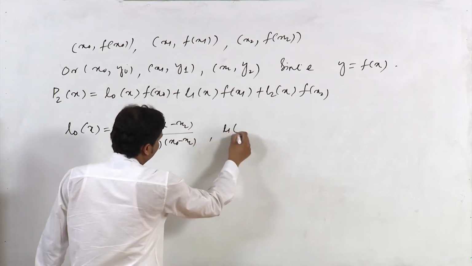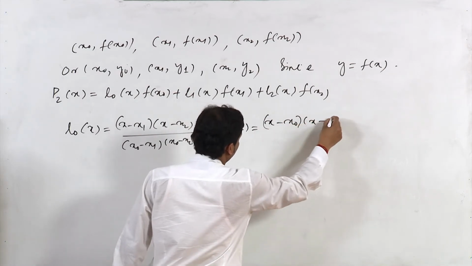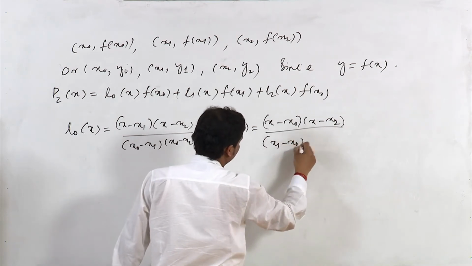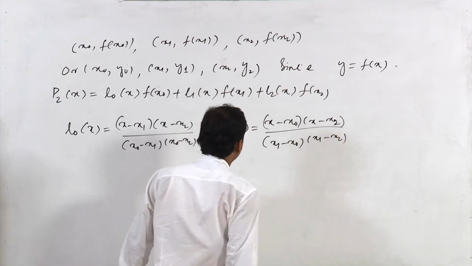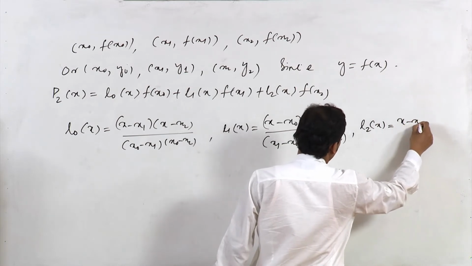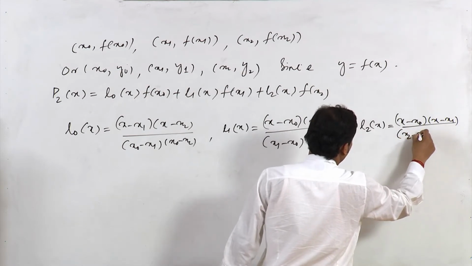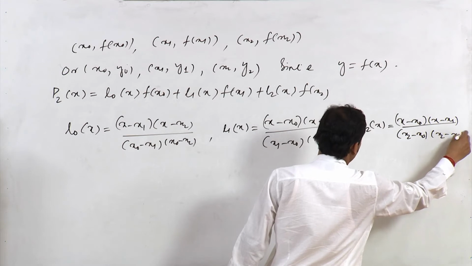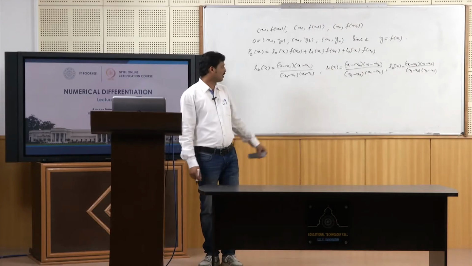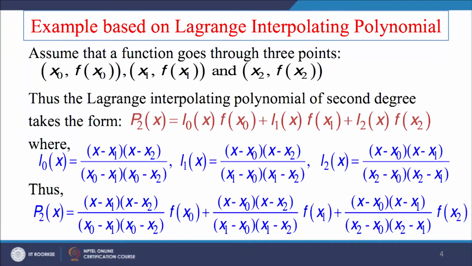Similarly, L1(x) can be written in the form of (x minus x0)(x minus x2) divided by (x1 minus x0)(x1 minus x2). Similarly, L2(x) can also be written in the form of (x minus x0)(x minus x1) divided by (x2 minus x0)(x2 minus x1). So, if we express these three Lagrange polynomial coefficients L0(x), L1(x) and L2(x) in this form, then we can write P2(x) as,